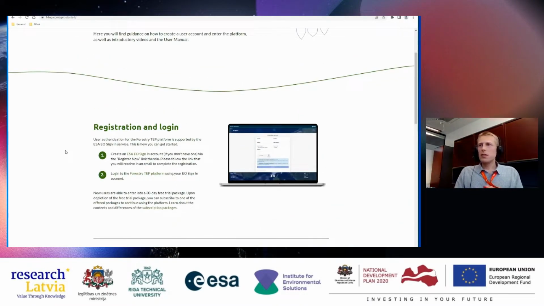And now I would like to make sure that everybody is registered into this ESA EO sign-in system. If someone has not registered yet, then you still have the 30 minutes time to do that, which is more than enough. It's quite a simple process, because the login to the platform happens using this EO sign-in account.